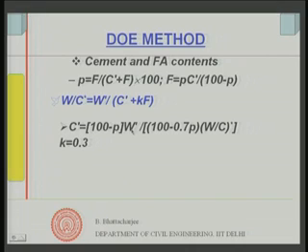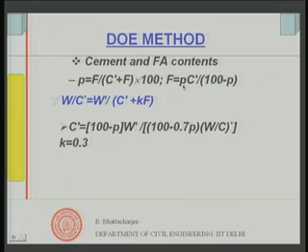W dash we have found out, because W dash is nothing but the original control mix W minus delta W dash, which we have found out from the table. So, 100 minus P into W dash divided by 100 minus 0.7 P and also divided by W by C star, which is known to us. So, rearranging this, and putting F equal to this value, I get an expression for C dash, and I have taken K equal to 0.3 in this expression, therefore it comes out to 0.7. So, the cement content in the overall mix I have found out.